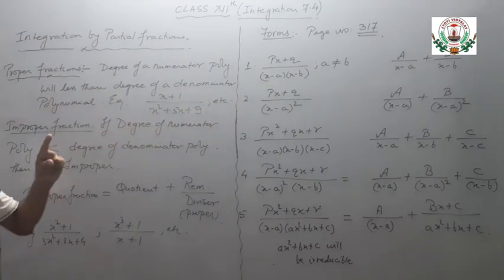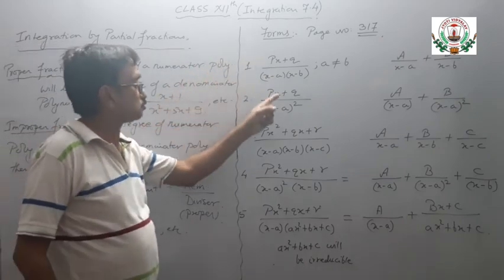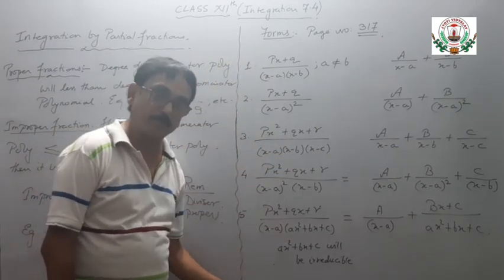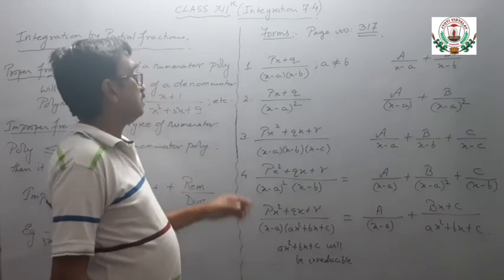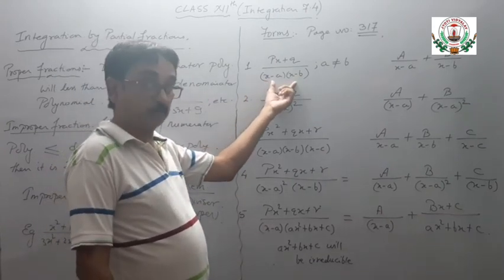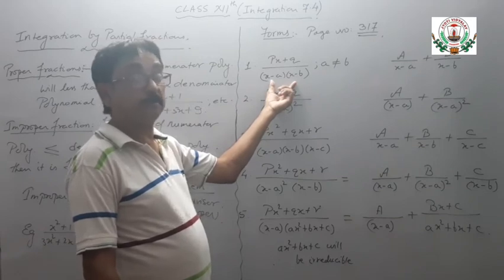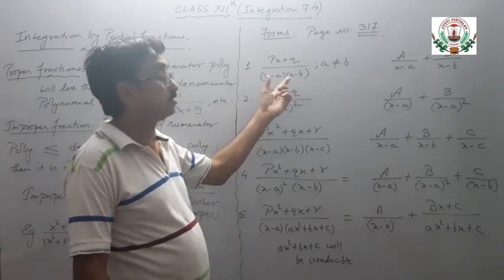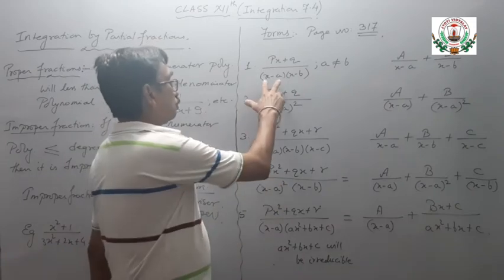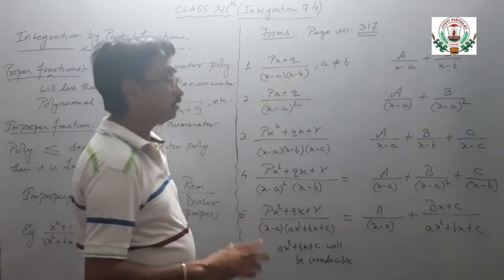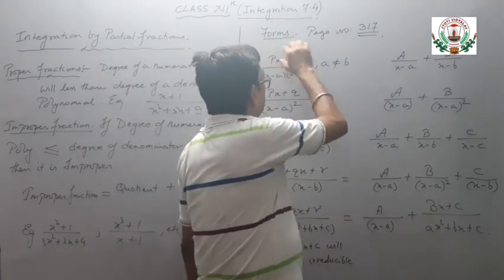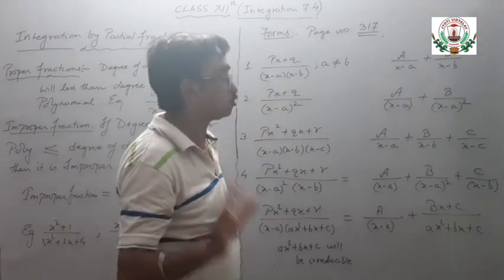First, you have to see that all the fractions must be in the proper form. And then second thing, if the denominator is a non-repeated linear factor, meaning degree 1, non-repeated linear factor, then it can be written as, no need of writing down the linear equation,